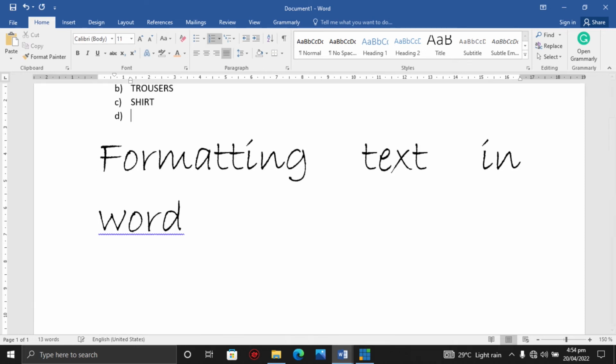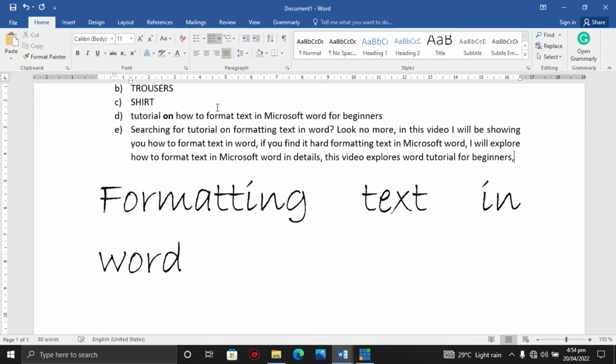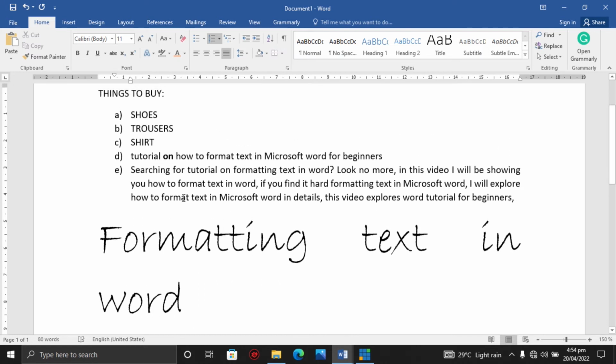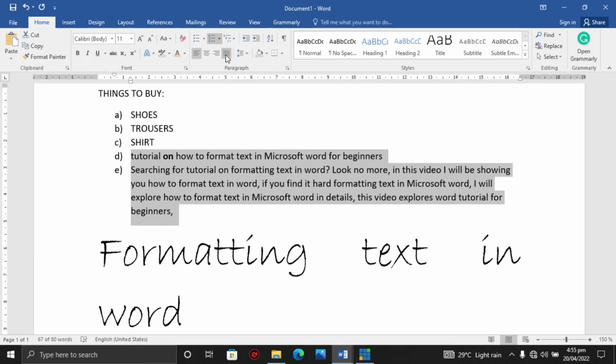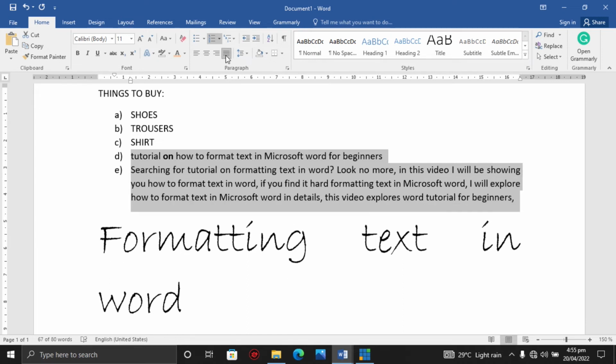I'm going to copy a text and paste it here. So this is a text I just pasted here. You can see all I have to do is highlight the text and go to justify. Now justify is going to make it a block.